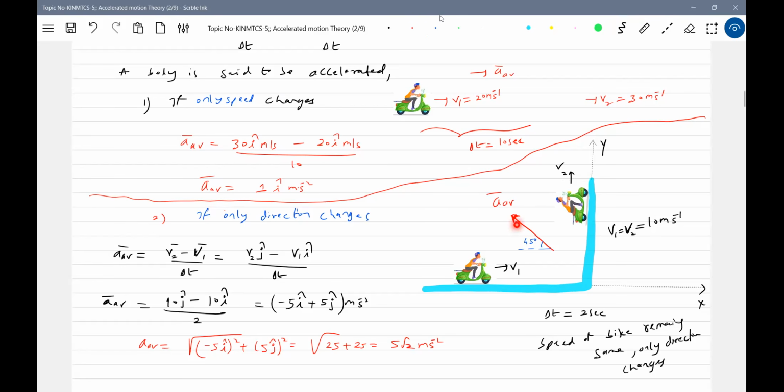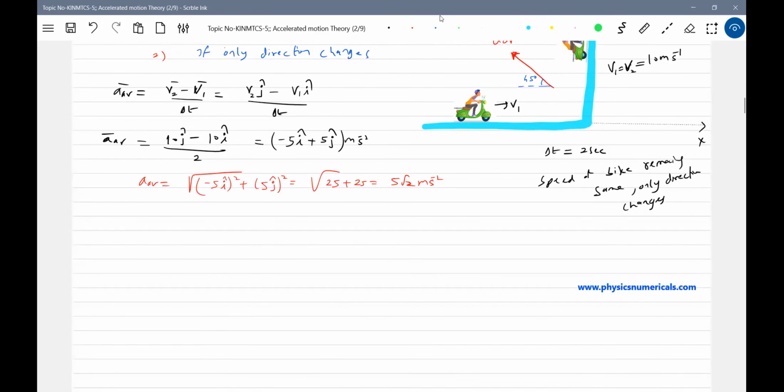Okay, now why is this acceleration due to change in direction of motion? A body can get accelerated due to change in speed or due to change in direction of motion. If both take place, as speed as well as the direction changes, the body is said to be having acceleration. That later on we are going to discuss in the curvilinear motion. So third case, I will not give any formulas here because this will come in curvilinear motion.